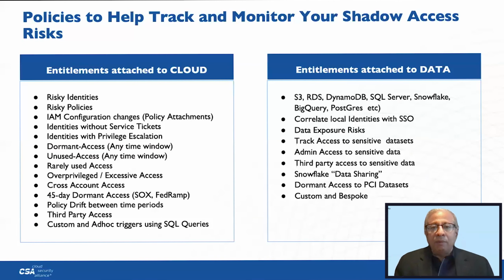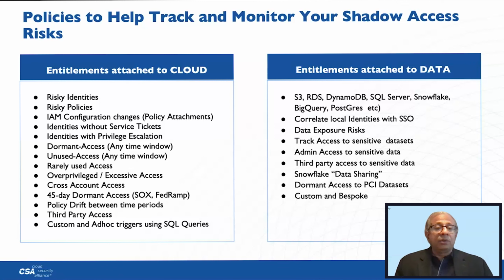Now, fortunately, we have a lot of out-of-the-box policies to help track and monitor your shadow access. And you can think of shadow access as entitlements attached to two different things. Entitlements attached to your cloud environments. In this case, we can track risky identities. You can enable these policies to help you track risky identities, risky policies, IAM configuration changes,